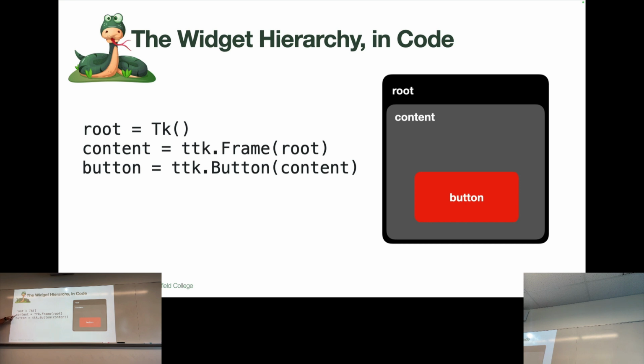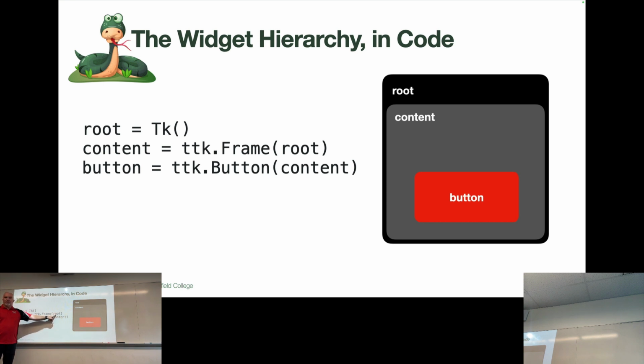So you'll see I have a content frame here. And again, they call it content. I usually just call it frame 1, frame 2, or left frame, right frame, depending on how many frames I want to have. When I think about how I want to organize my window, I use those frames as sort of the wireframe for it. So I have a frame. So I'm using a Tk object dot Frame,